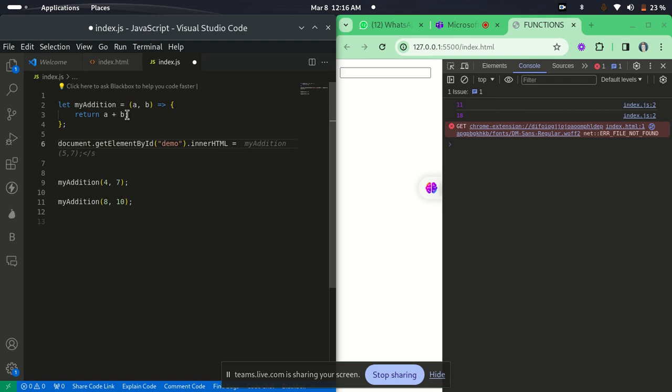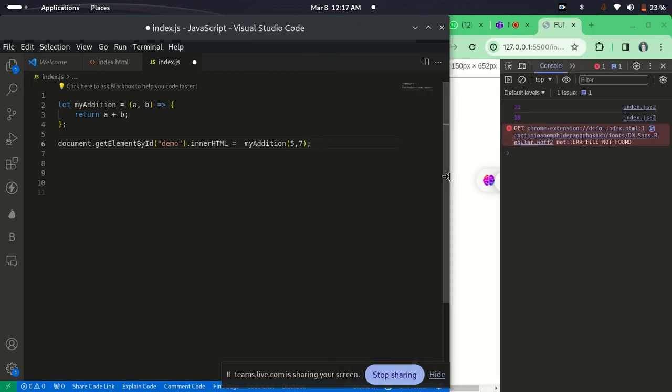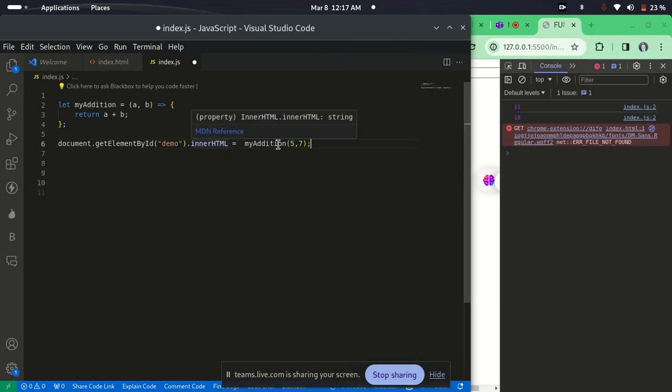Equal to what? Remember, we pass this, a plus b, return this. Now we don't just equal it to a plus b, we equal it to the function. We call the function. Remember, when we call the function, it returns something. So we have to call the function at this point. Let me make it bigger so you can see. This is equal to, as I told you, when you see equal to, it means take this value and put it here. So we just call the function here like this and give it those two values, so that when it calculates it using this method we have mapped out, it's going to pass the value to this place. So if we now save,